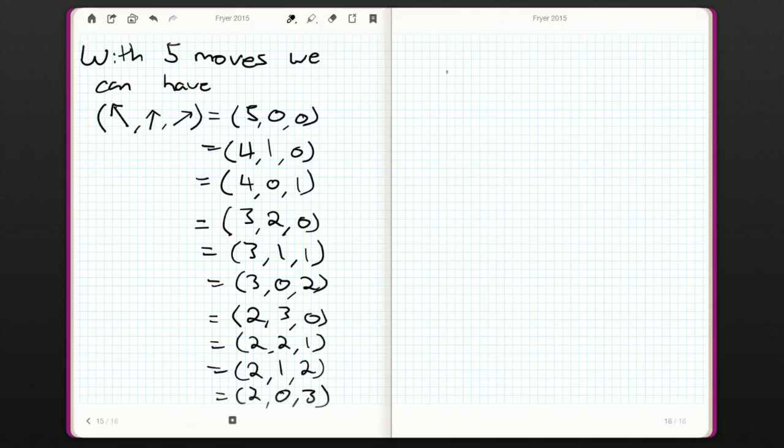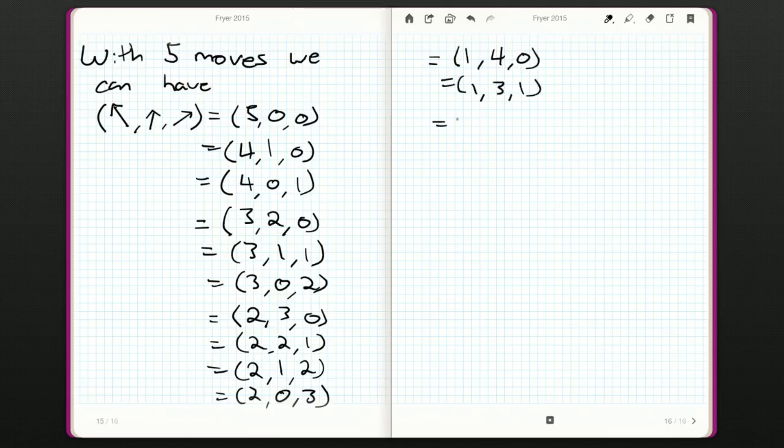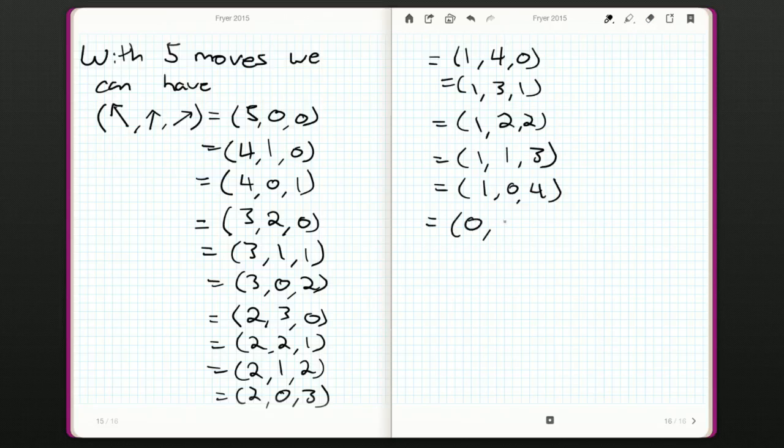So this is looking like it might be a lot of work, a lot of cases. 1, 4, 0, 1, 3, 1, 1, 2, 2, 1, 1, 3, and then 1, 0, 4. And lastly, if we have none of the up to the left moves,